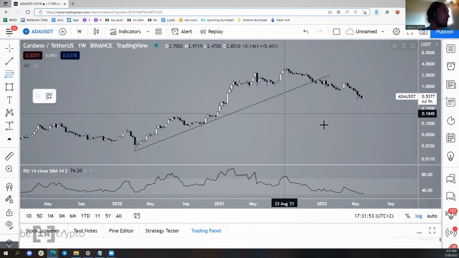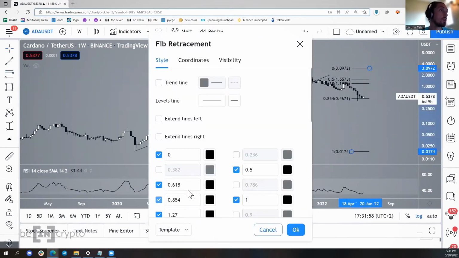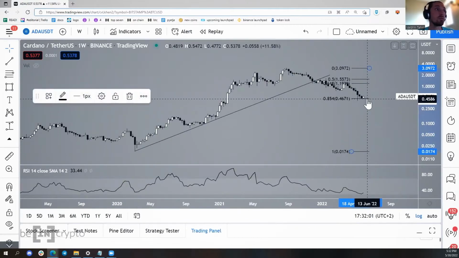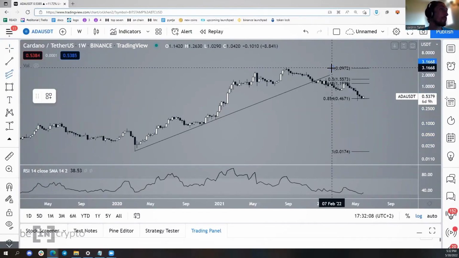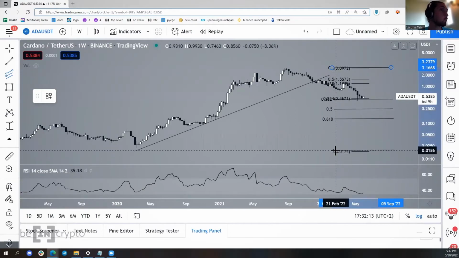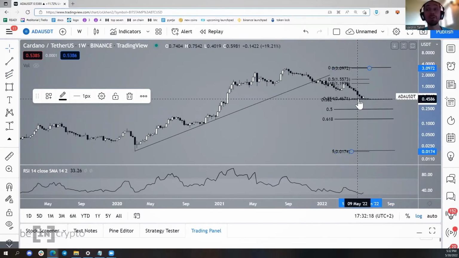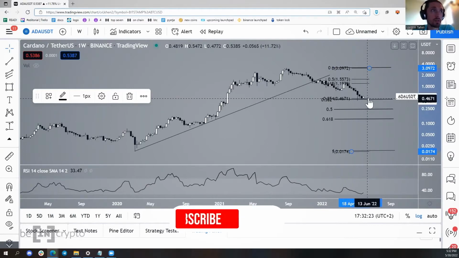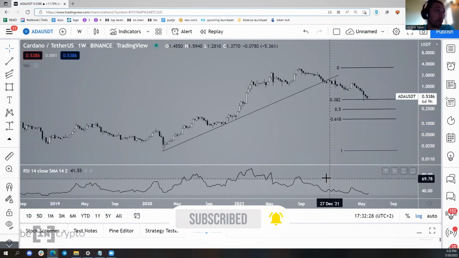And now if we use a regular fib retracement tool, again it has decreased below all fib levels. It's at the 0.851 right now, so it's the final level, which is decent for a bounce. But also if we do use a log fib line, which you can find by the fib channel right here, you can see that it's still at the 0.382 level, which coincides with this 0.85 on the regular fib line. So there's a very good fib support here.